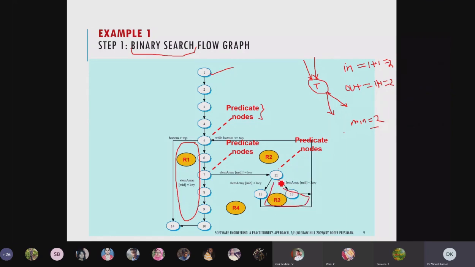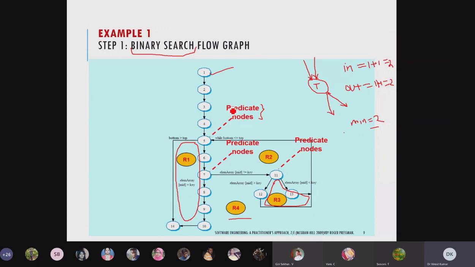See this cycle we are getting, so it is R3, and you can also see this bounding region here. This is another, R2. Outside of all the circles, by default one region we count. So these are the methods to count the different regions.